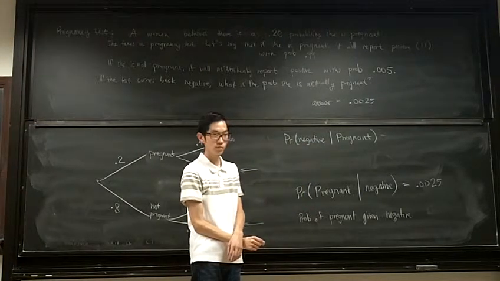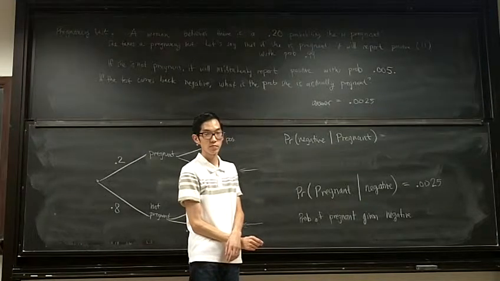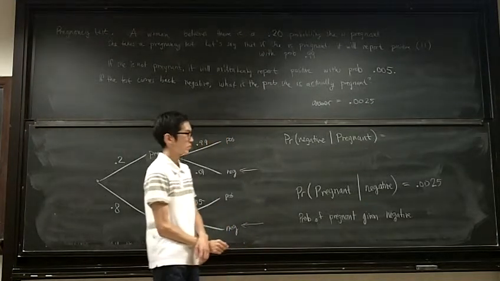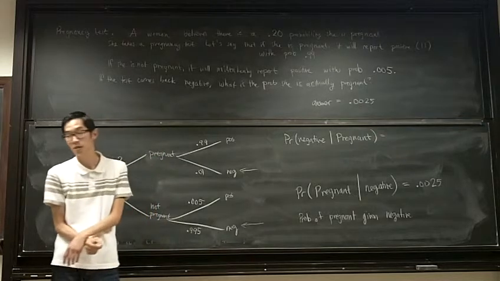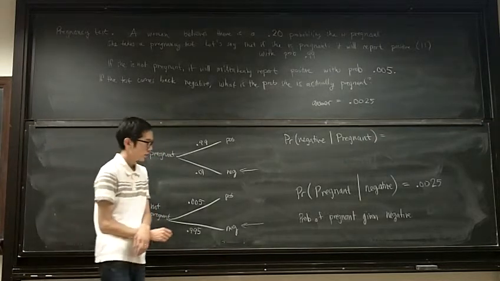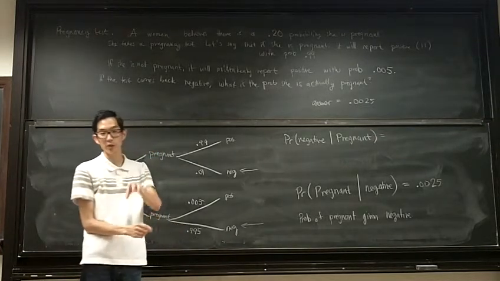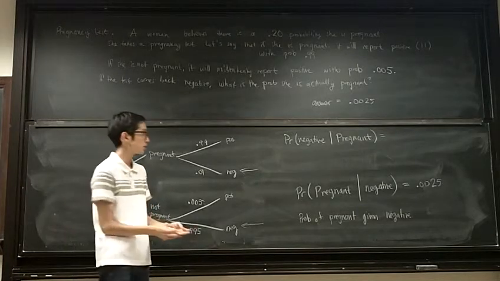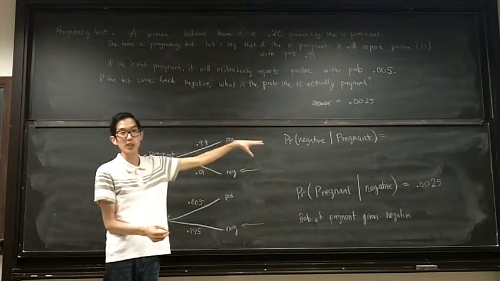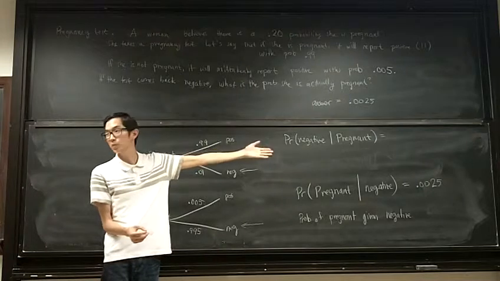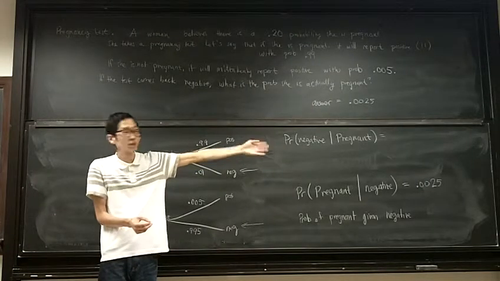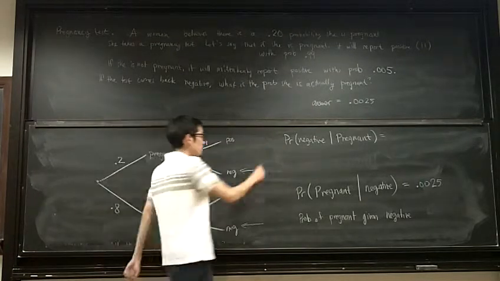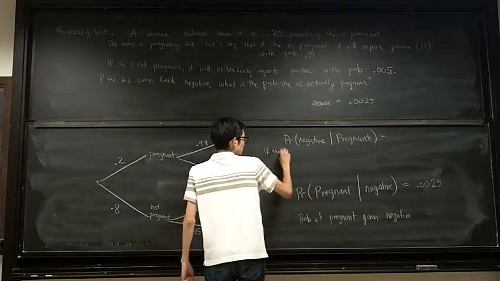Probability of negative, not pregnant. Okay, so what part is given? Pregnant. Okay, so given means that what? We know this is the fact, right? So we say if we know a woman is pregnant, what is the probability that the test result is negative? That's what this represents, okay? So if the woman is pregnant,